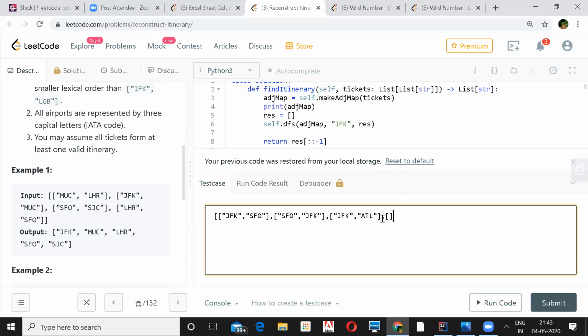And that's a valid itinerary, ATL to some other, like Mumbai. You can say MUM, whatever. I'm not going to validate this. It should be 3 characters.